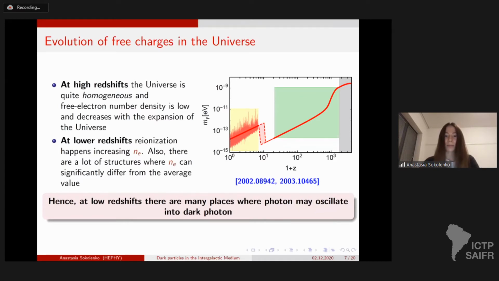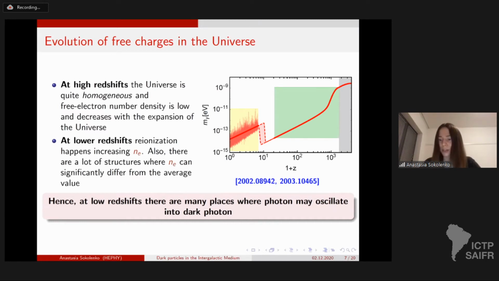And if you want to have a resonance conversion, then you need to satisfy the condition that the mass of the dark photon is equal to the mass of the ordinary photon. That means that you're sensitive only to these relatively low masses, because if you have a very high mass, then you would not have any resonances, so you would not be sensitive. But for example, in this region, you would have 1,000 resonances, and it means that